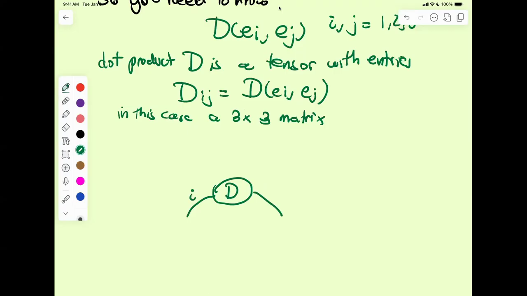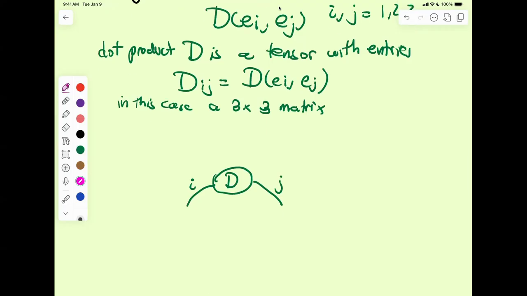That means you can feed two vectors to it. If you feed one vector, call it u, that has entries indexed by i, and the other vector, call it v, that has